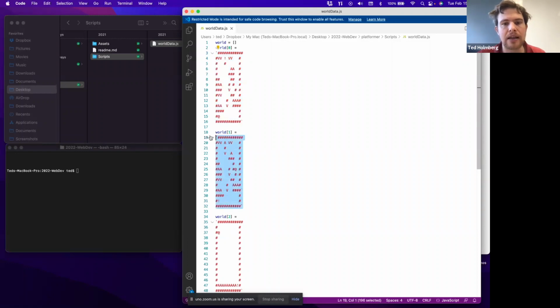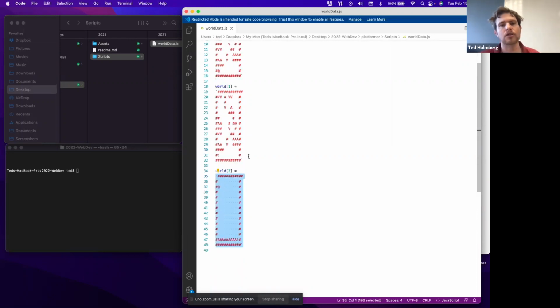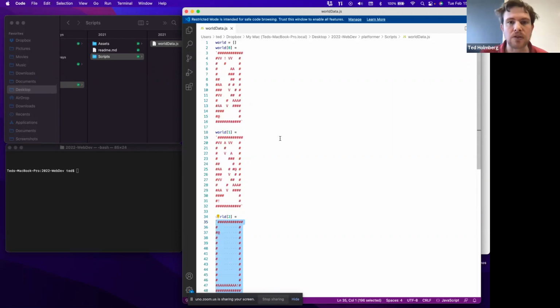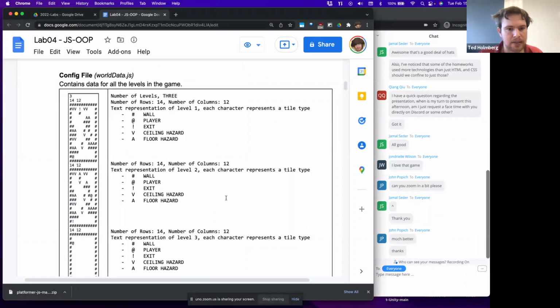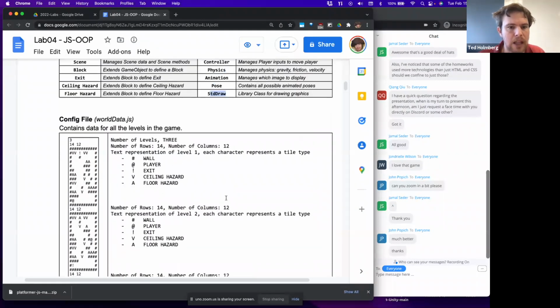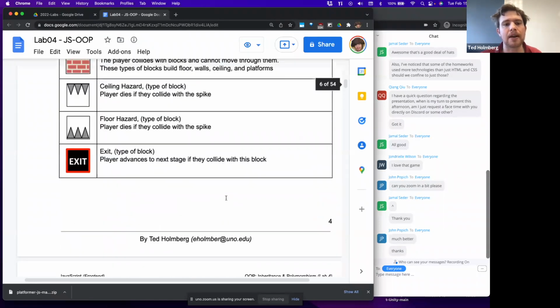And then inside of index 1 of our world array, we will have a string that we will be able to parse that represents our second level. And then at index 2, we'll have a string that represents our third level. So we have 3 different levels that have essentially been pre-designed for us to go ahead and implement on top of. Excellent. And so going back up to here, I think that's going to finish up the explanation of